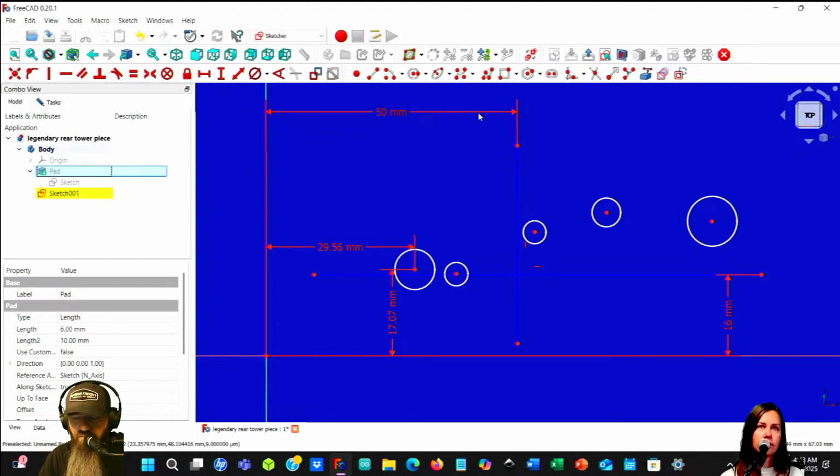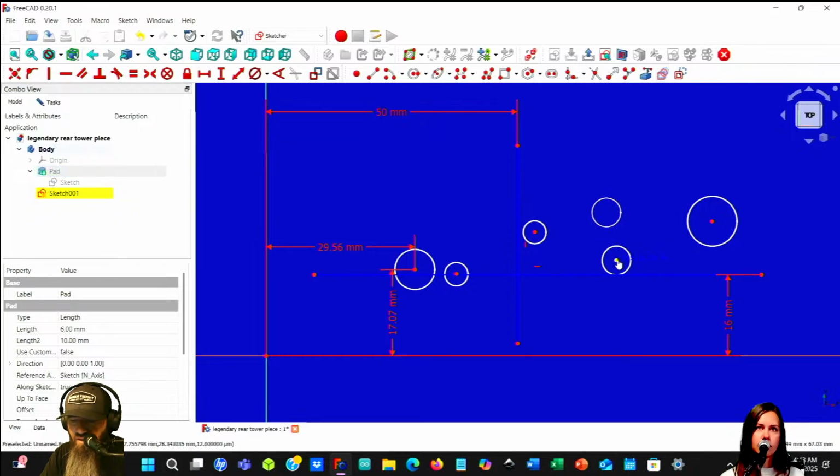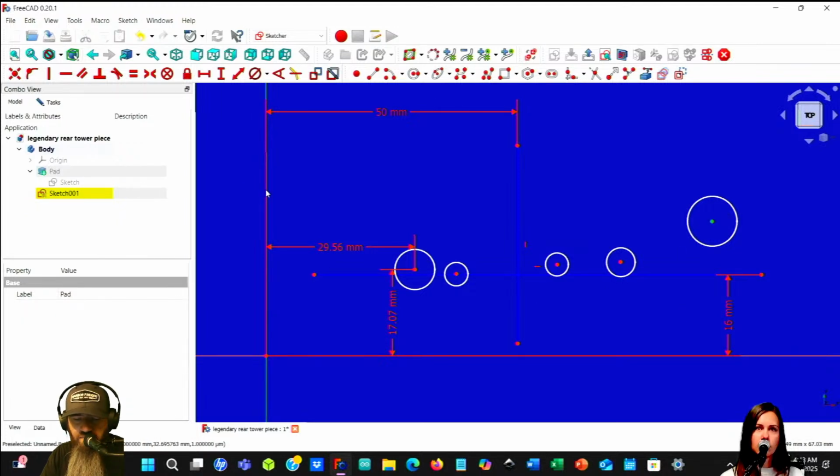Nice. So what I've done is I've made this blue line in reference to the same blue line that I made in the other sketch. And so both those blue lines are in the same place in space, in our imaginary space here, right? Yeah. So that way these holes will match up with that part exactly. This is where you can overcomplicate this or undercomplicate this. There's probably a million ways you could do this, so there's no actual defined things. But now I know where these circles go, so I'm starting with them.